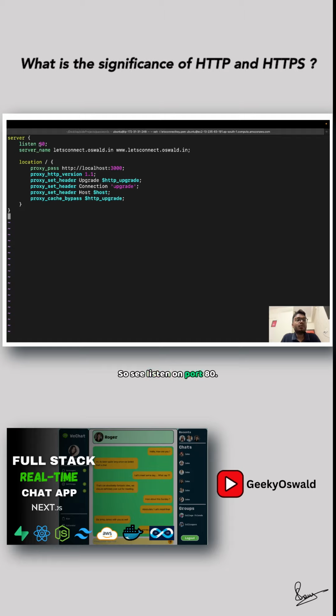So see, listen, on port 80, what does this mean? That any request which is of the HTTP type, and let's say it has the server name of Let's Connect, etc., redirect location means redirect proxy path to HTTP localhost :